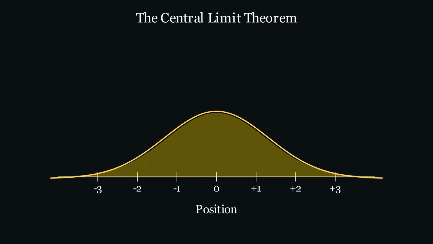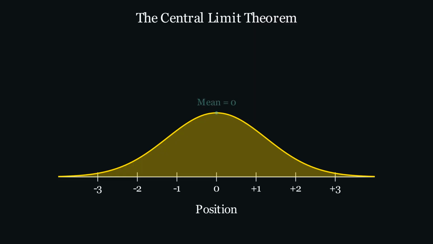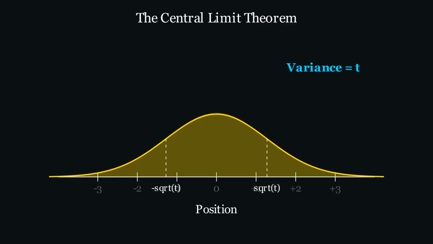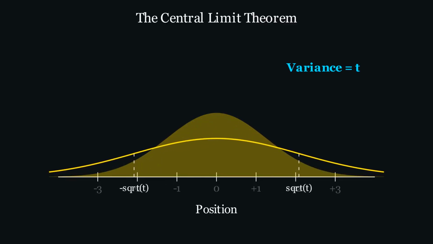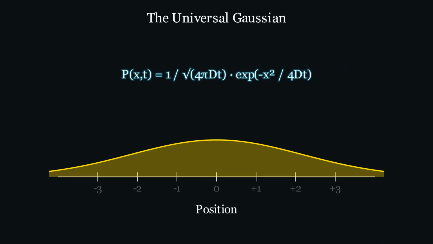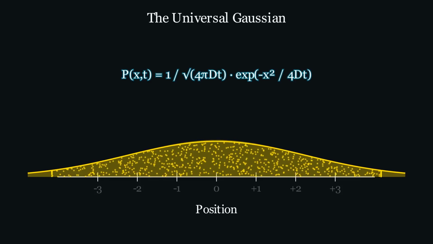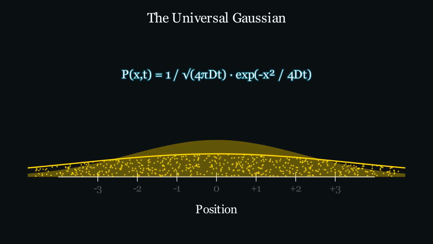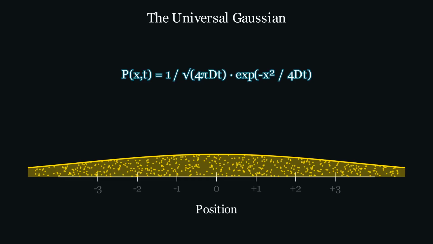When you sum many independent random variables, the fine details of their individual distributions get washed away. Only 2 microscopic quantities survive at the macroscopic scale: the mean position, which sets the center, and the step variance, which sets the rate of spreading. Because each step acts independently, the total variance simply grows proportionally with the number of steps, and therefore directly with elapsed time. This forces any random walk, no matter how chaotic at the microscopic scale, to converge to a precise Gaussian probability distribution. The width of this bell curve expands at a rate governed by the square root of time, tying our square root clock directly to the shape of uncertainty itself.